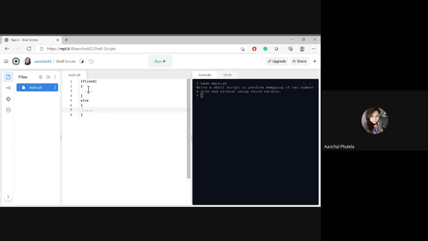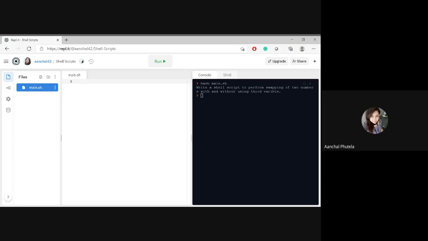We are giving some condition here. If this condition is true, the if part will execute, otherwise the else part will execute, right? If we do not use the else part, it will not execute anything when the condition is false; nothing will be displayed. So we use an else part so that the otherwise statement will execute. Let me show you the syntax and how to use if-else in scripts.